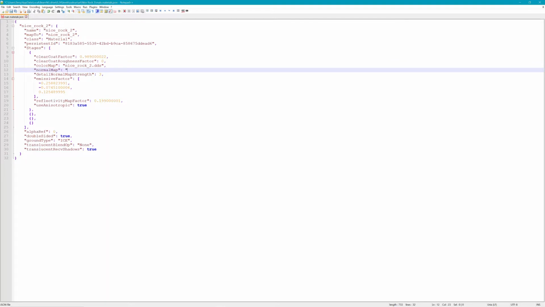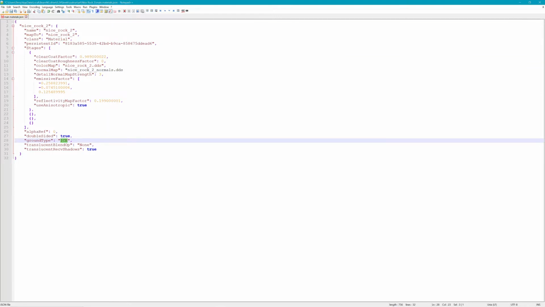And it's gonna be called Nice Rock 2 normals.dds. And that's all the textures I'm going to do for this. Ground type ice. Let's make this. I think stone is one. I'll just leave it blank for now. It'll be asphalt if I just don't put anything. So we'll save this. Now we got our